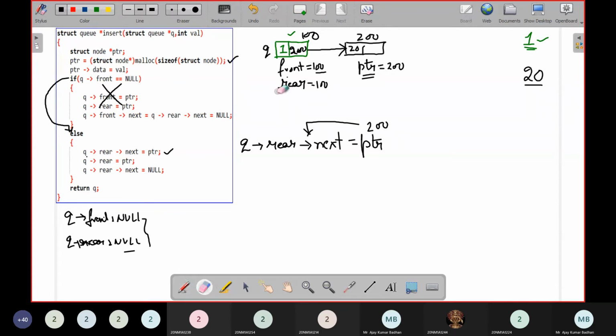So what we have to do, we have to remove this particular rear from here, and that rear should be pointing to this particular node. How can I do that? Simple. Rear equal to pointer. But you know that rear is with respect to what? Q. So Q of rear, this will be common. So Q of rear equal to pointer. So what is the pointer here? 200. So Q of rear. So simply rear will be coming from this location to this. I think you people are getting it.